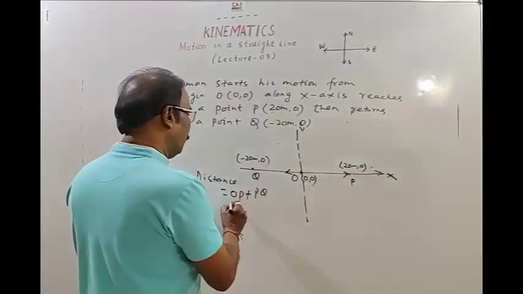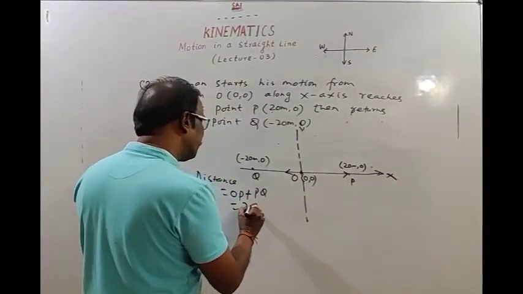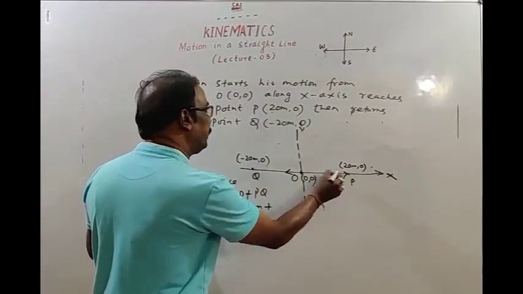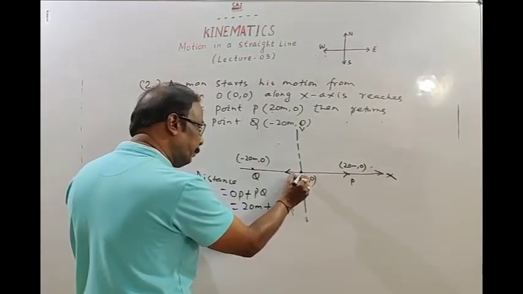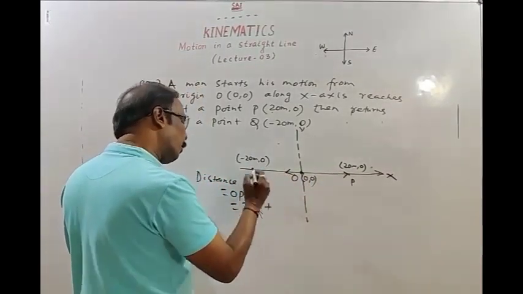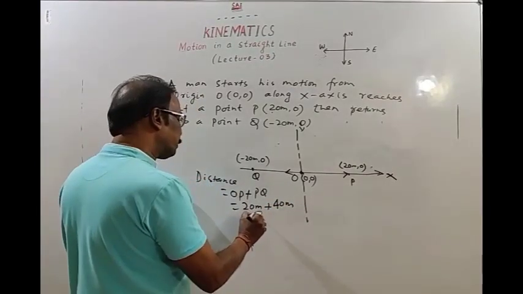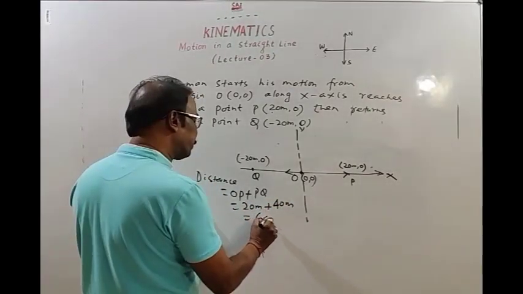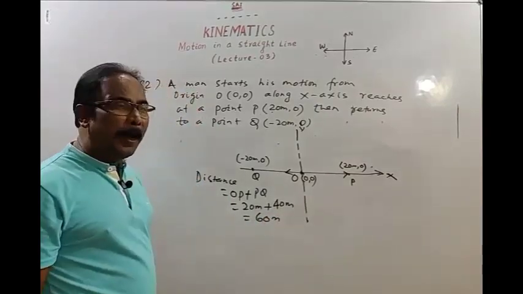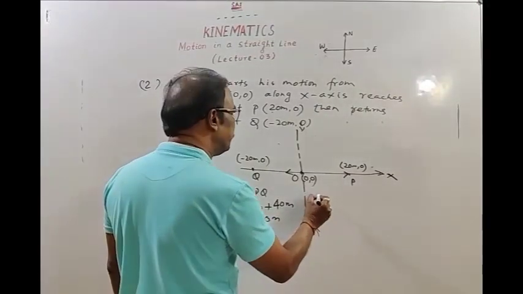Then the length of OP is 20 meter, and the length of PQ, from P to O, is 20 meter, and again from O to Q is also 20 meter. The total length is 40 meter. So the distance of the man is 40 meter. We have to find displacement also. Displacement,